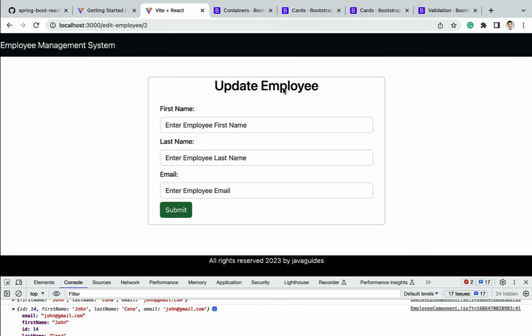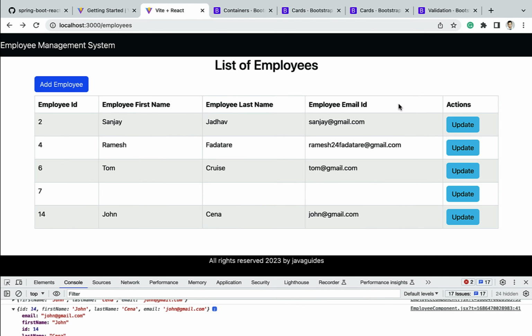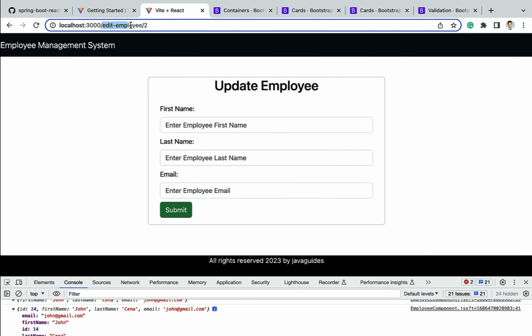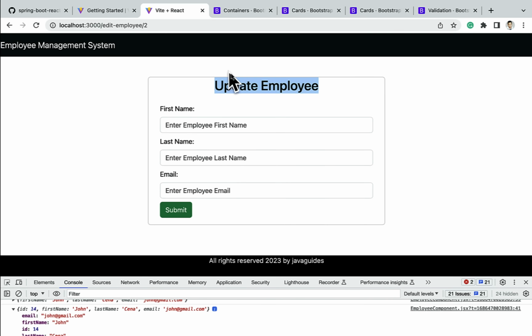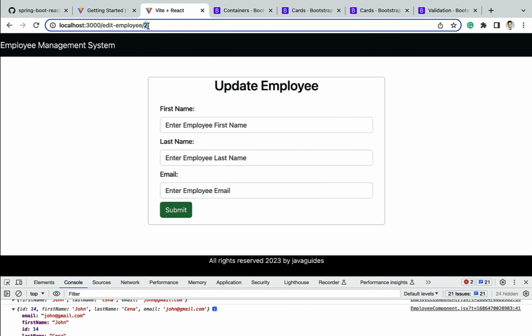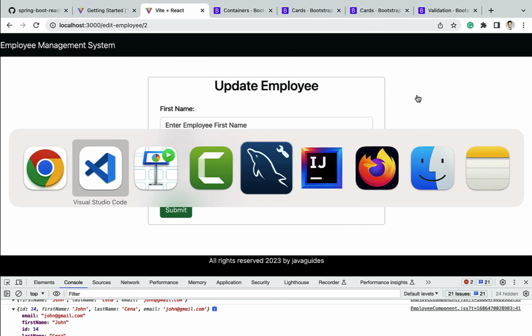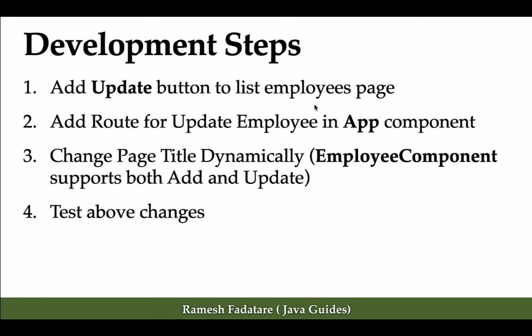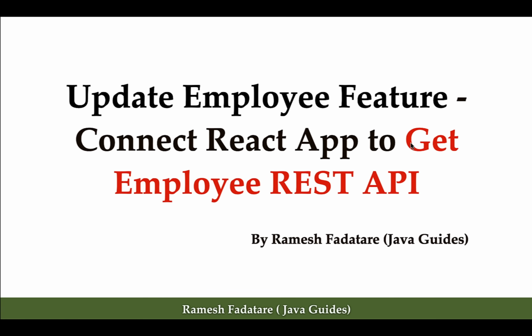It means we have successfully added the update button in the list of employees table, and we have added a route to this update employee page, and we have also updated the page title dynamically based on the employee ID. Alright, good. In the next lecture, we're going to connect our React application to the get employee REST